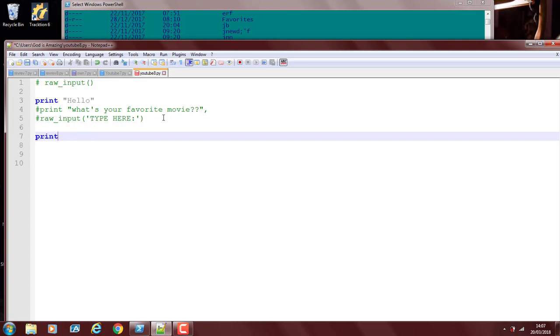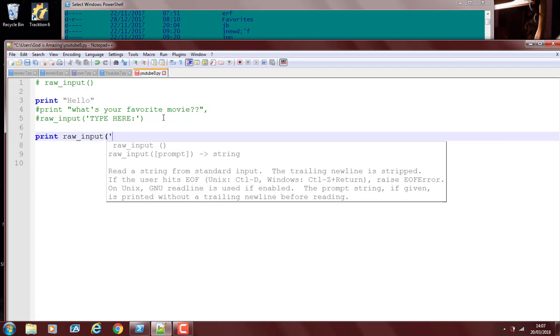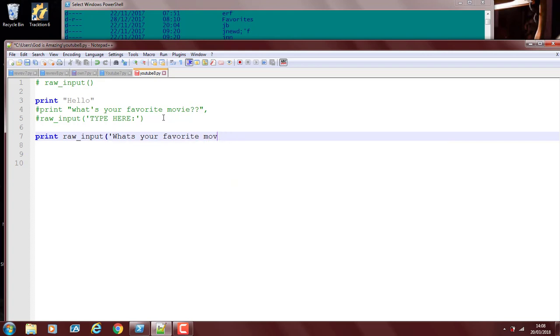So we do raw input right off the bat, and we do what's your favorite movie? Right, and then you can put the space because the cursor is going to be right there.